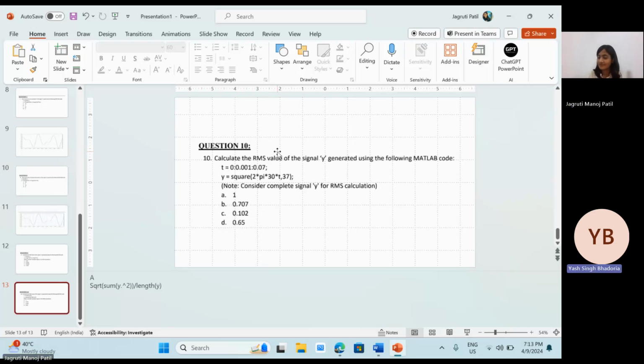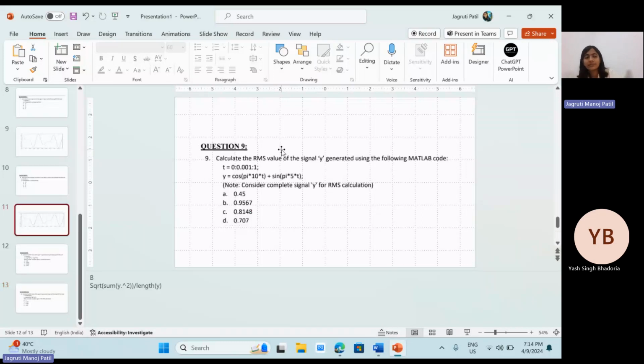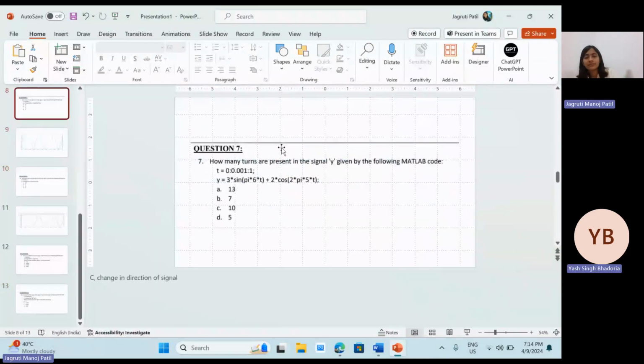Is there any inbuilt function to count the number of turns? Inbuilt, of turns, I don't think so. What you can do is, in MATLAB, for RMS there is an inbuilt function called rms. If you put the signal in it, then it will give the RMS. Likewise, for the number of turns,